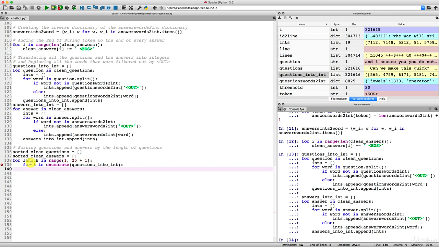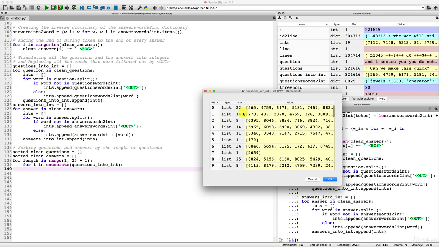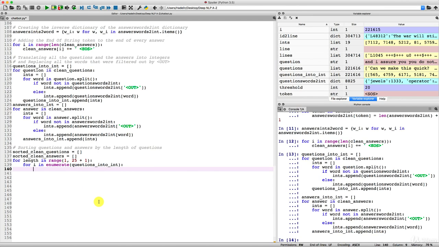So, for example, the first I is going to be equal to the couple of 0 and this question. Then, at the next step of the loop, I is going to be equal to the couple of 1 and this question. Then, at the next step, the couple 2 and this question. So you see how this works? By using this, we get the index and the question itself. So that's perfect. You're going to understand very quickly why it's important for us to get these two elements.